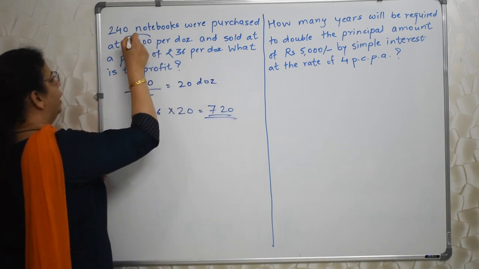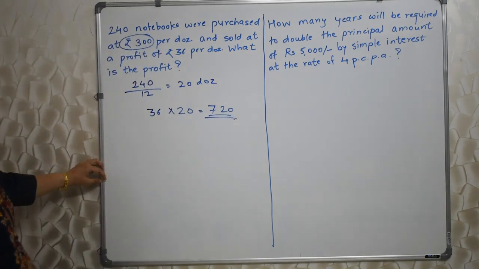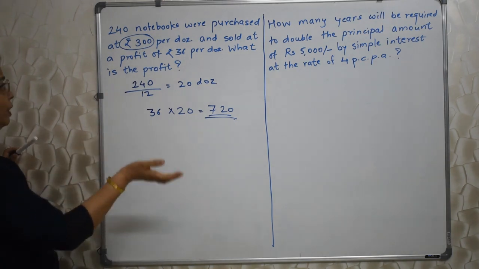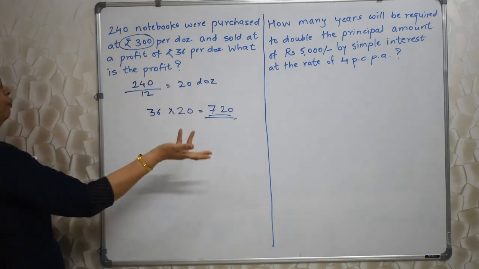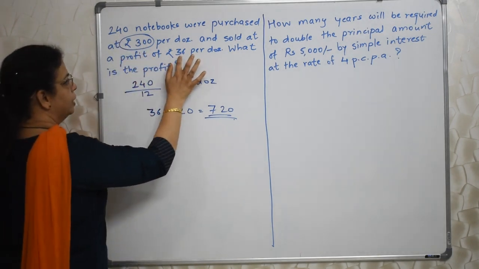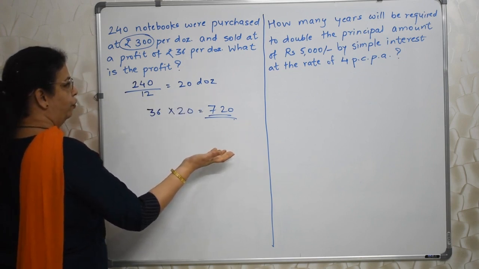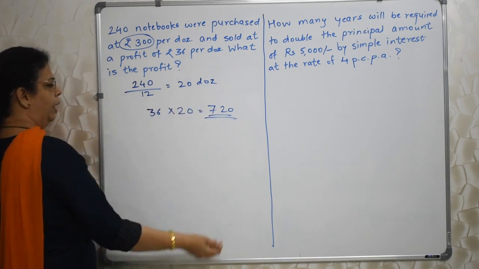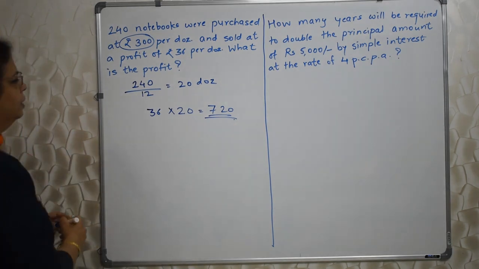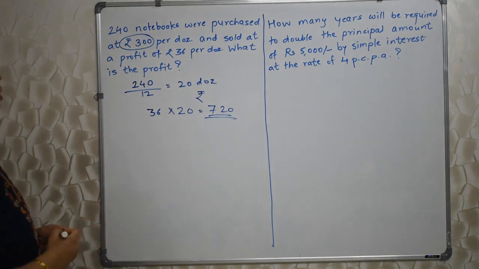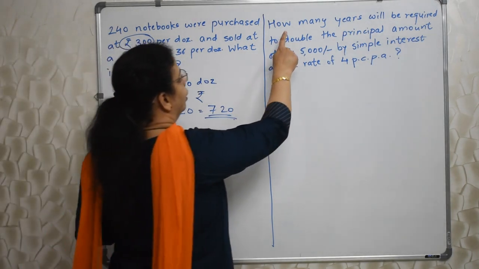Here we are not making use of this information at all. It is not required. Okay, it is not required at all, because whatever information they have given other than this is sufficient for me to arrive at the answer. Profit per dozen दिया है 36 rupees. Total how many dozens are we taking care of? 20 dozens. So multiply 36 into 20 rupees 720 is the profit. Okay? चलो आगे बढ़िए.